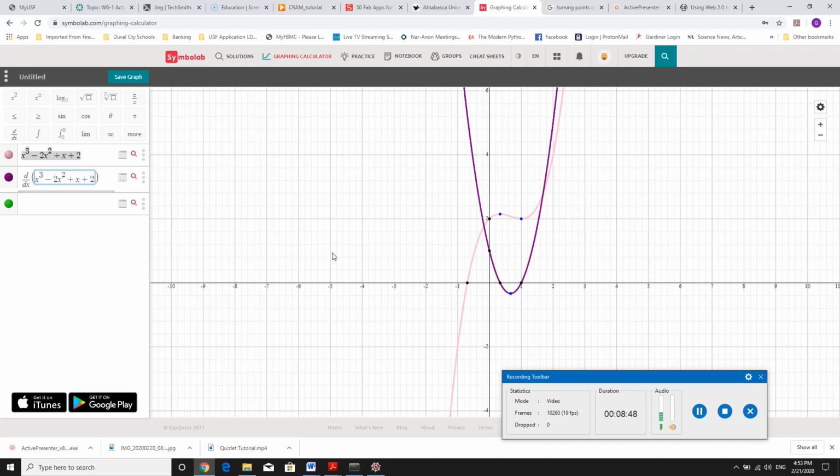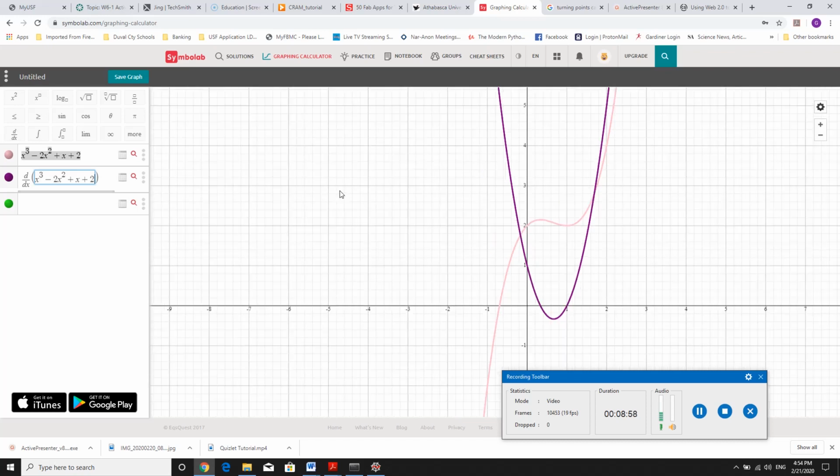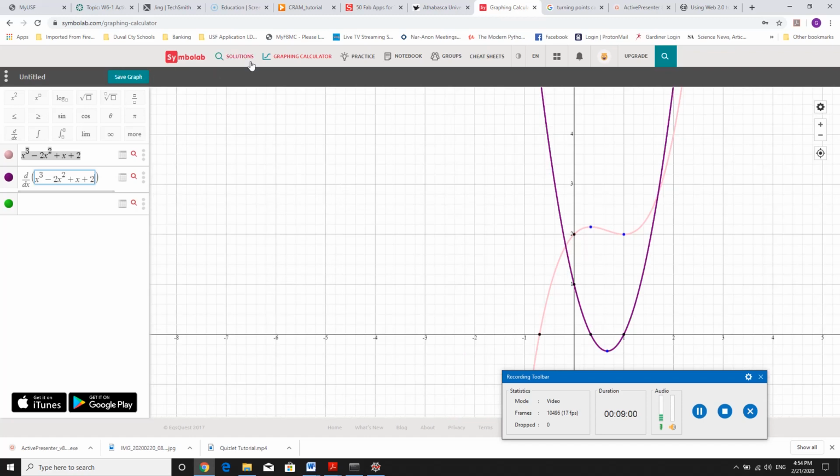The last area I want to show about Symbolab in terms of mathematics is where it can also do things that require more tedious calculations, such as in statistics. So if I go back to Symbolab,